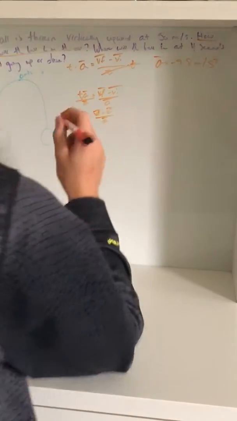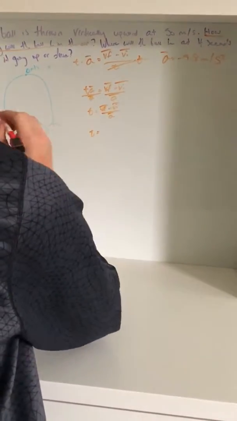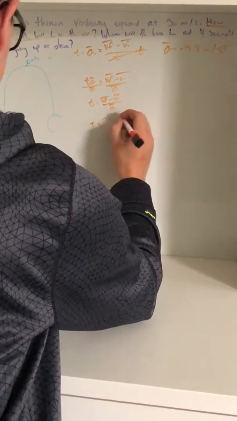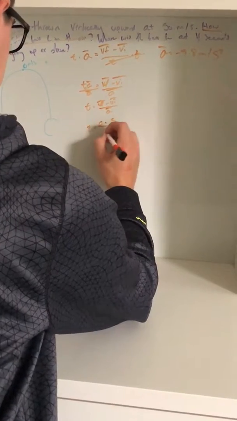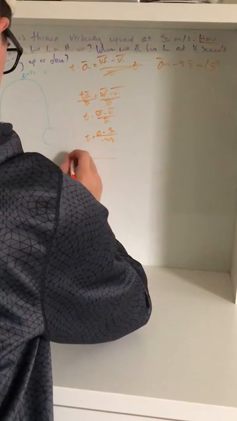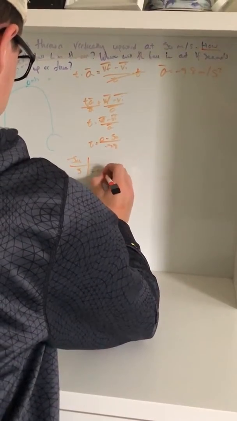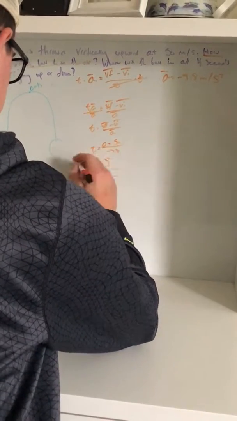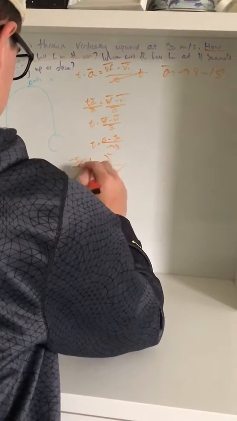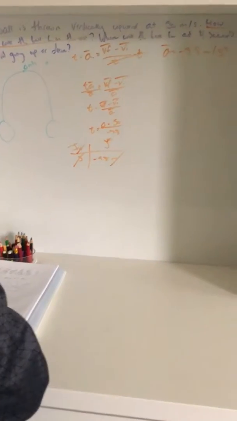Velocity final minus velocity initial over the acceleration. So time is going to equal velocity final, which is 0, minus 50, over the acceleration of negative 9.8. Using our unit analysis, we get negative 50 meters per second divided by negative 9.8 meters per second squared. So your meters are going to cancel out, seconds down here is going to cancel out, and the square is going to cancel out, so you're just left with normal seconds. And negative 50 divided by negative 9.8 is going to give you 5.10